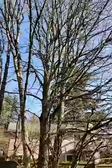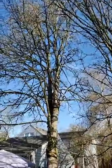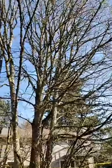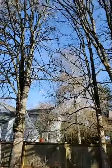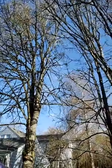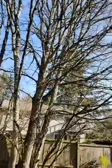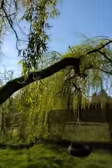So I find that 9 o'clock is a nice time to come outside and pay attention to what the birds are doing. I think that though you don't have to be perfect, right? It's the beauty of this project is that you just do the best that you can with what you have. I really like Celebrate Urban Birds because it's not really about